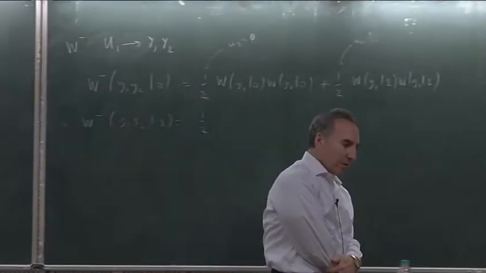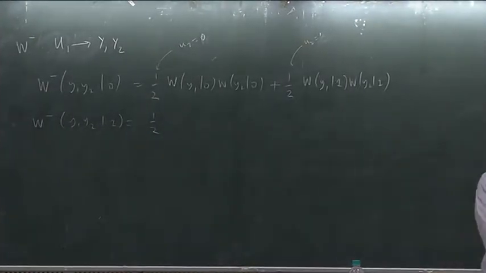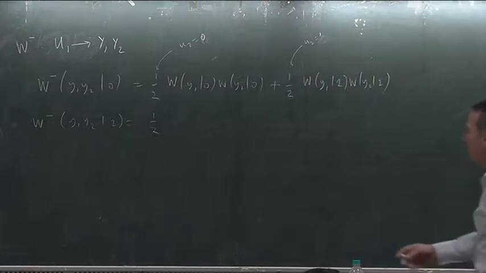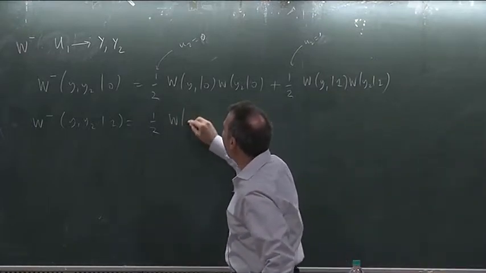So depending on u2 being 0 or 1, we are feeding these two channels x1, x2, which is either 1, 0 or 0, 1. Okay? So we get half